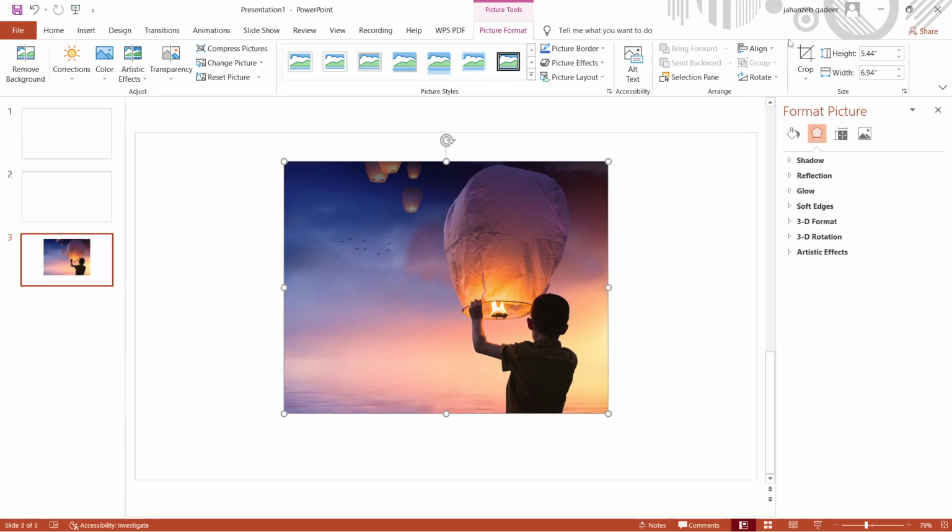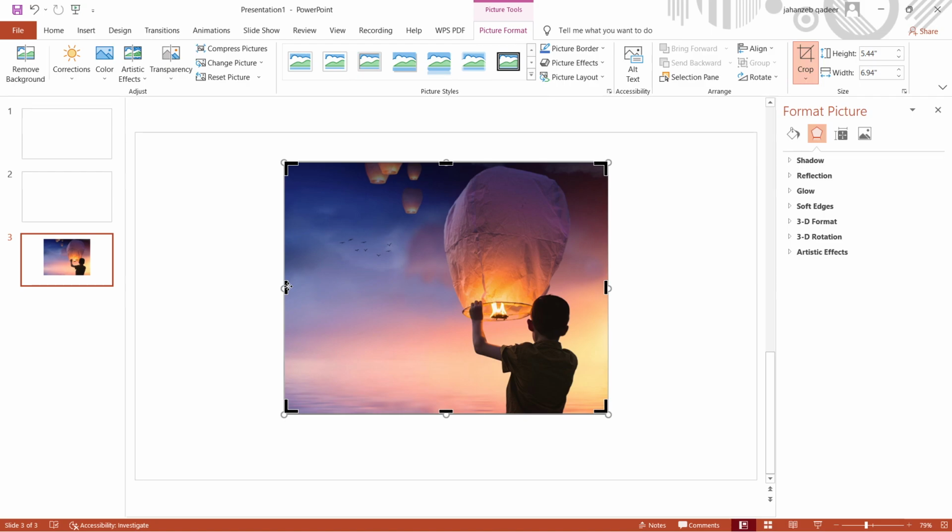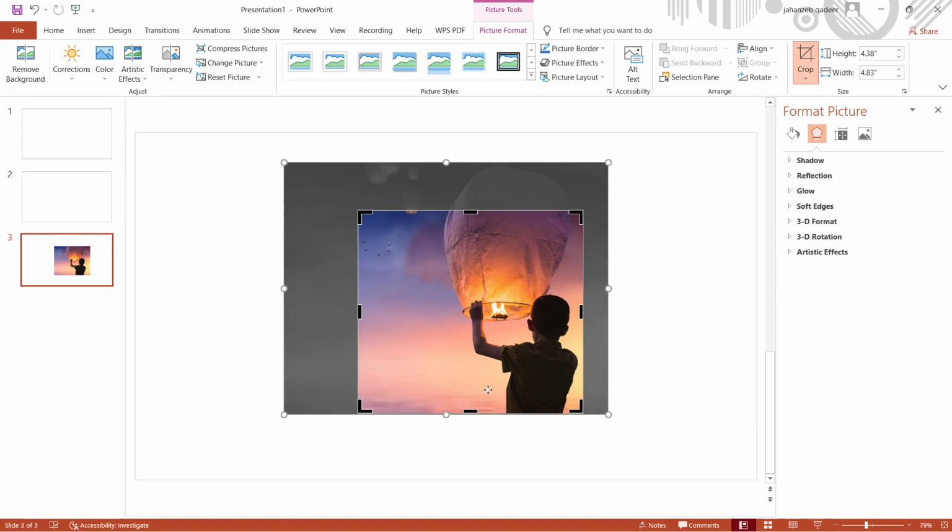Okay. Then you simply need to click here, Crop, and first you need to crop that image. So select from here and crop like this. So once you crop,